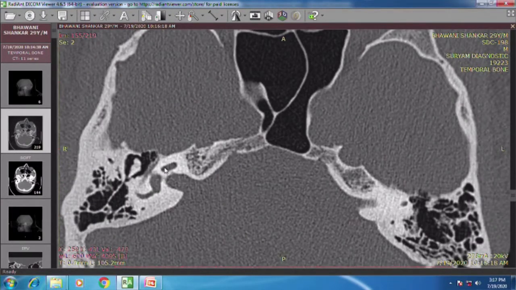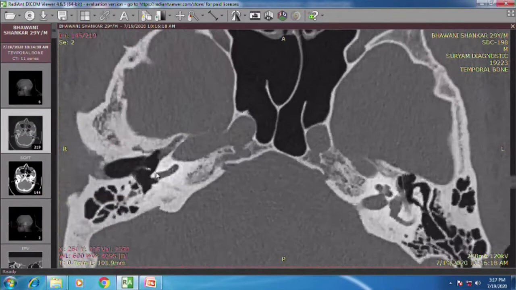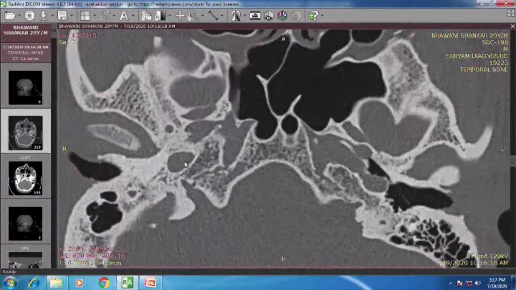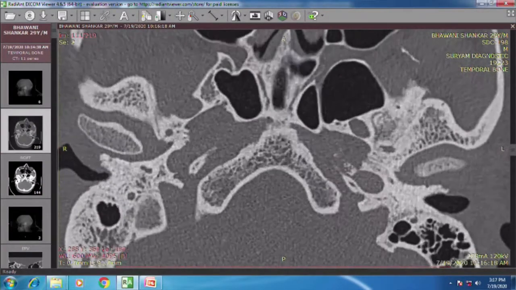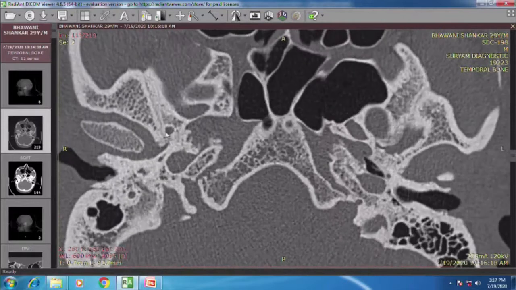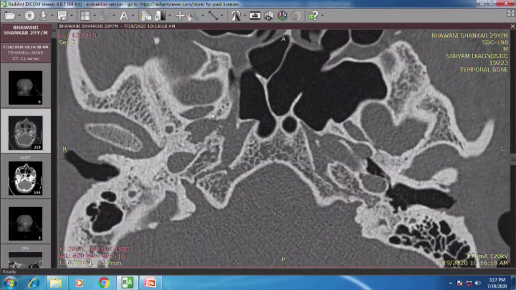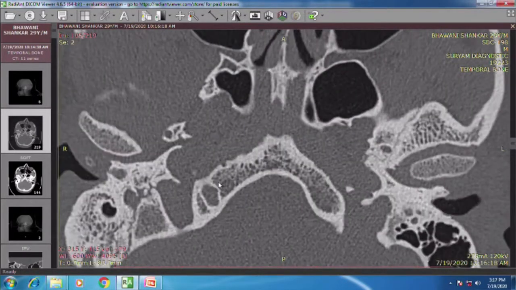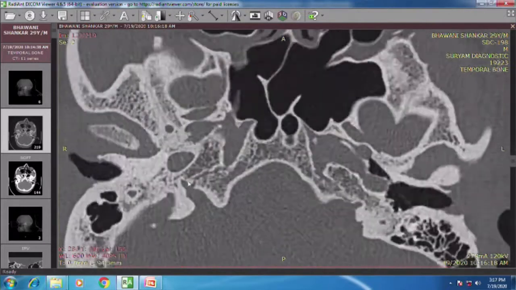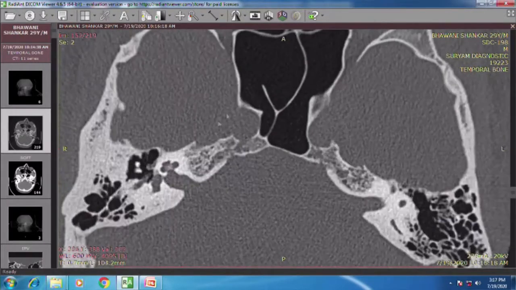I mentioned that day, if you have, you'll have a dilated facial canal. It doesn't look like that, can you see? And you see the foramen ovale and the spinosum well in place. This is ovale, this is spinosum. It is intact, so it rules out the possibility of persistent stapedial artery.